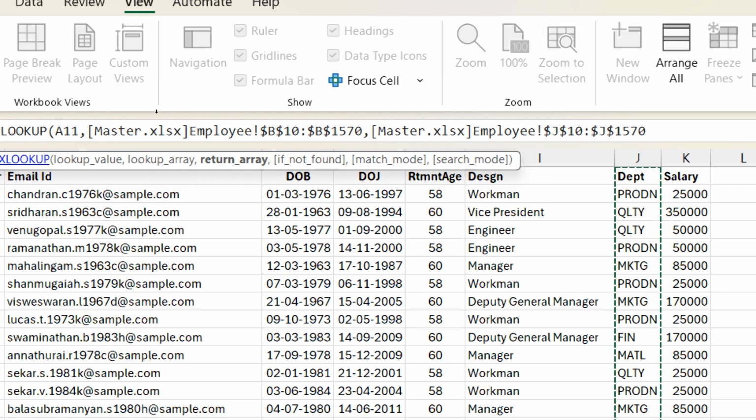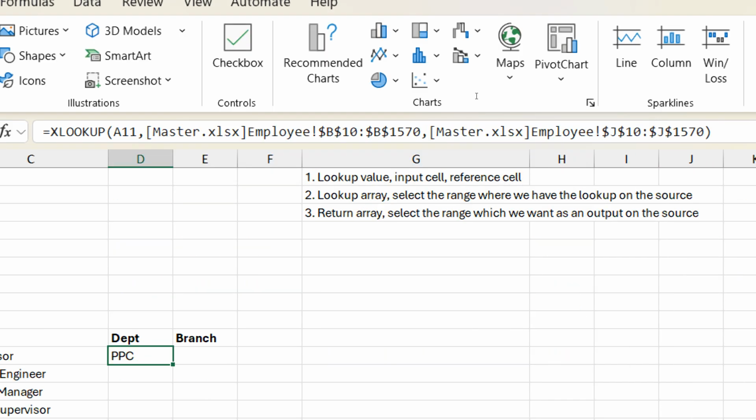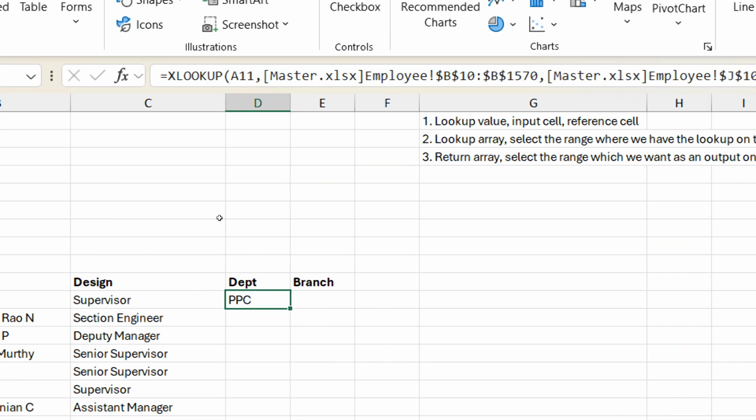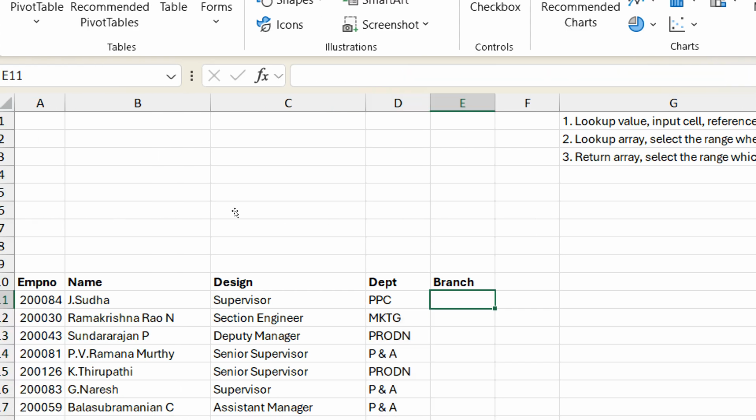B10 to B1570, J10 to J1570. That should be similar. If it is not similar, you will not get the right result. Enter. Double click to copy this. This is department. Branch. So at least this you can do in VLOOKUP, but this next part you cannot